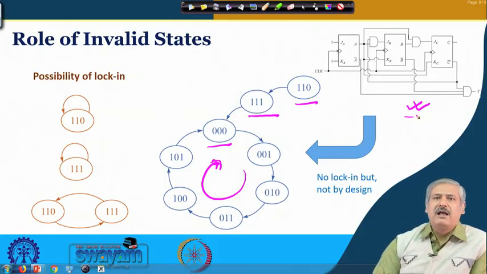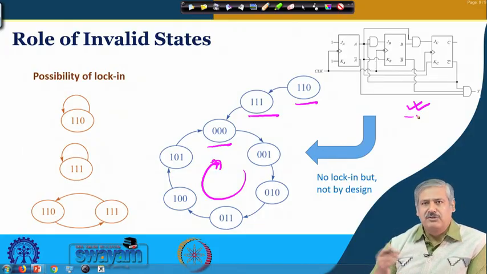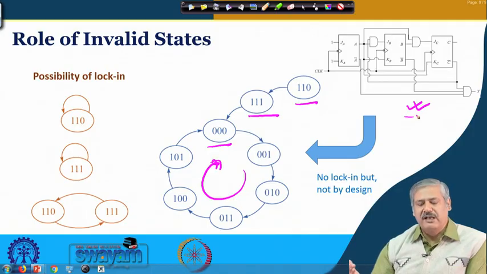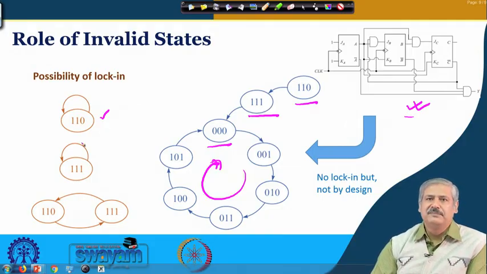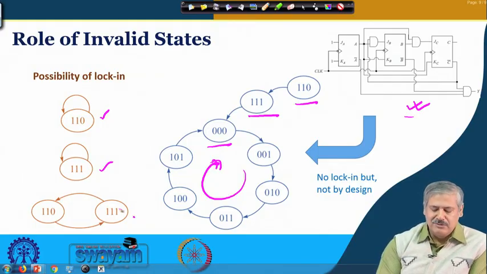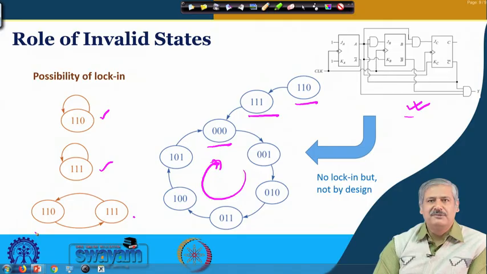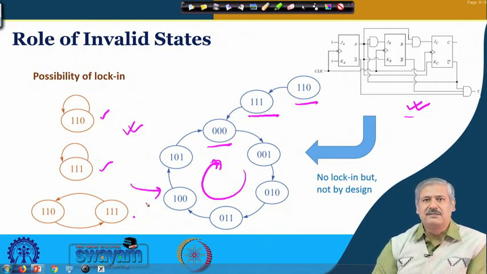But there could have been other possible cases where if it is 1, 1, 0 with clocking, right, it remains at 1, 1, 0 only, right. With 1, 1, 1, it is remaining at 1, 1, 1, or 1, 1, 0 is going to 1, 1, 1, or from 1, 1, 1 it is coming back to 1, 1, 0. That means it is getting trapped into the invalid states only, and it is never coming to one of the valid states. Okay. That also could have been a possibility,